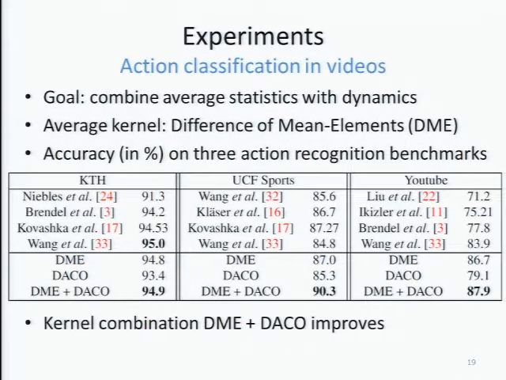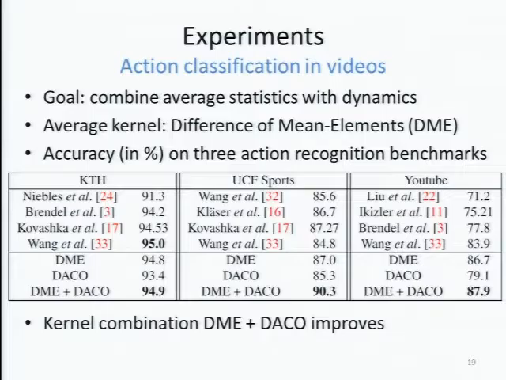So like I said at the beginning, our goal is not to make silver bullets and overcome the bag of features. It's just to complement it. So what we want to do is combine our DACO kernel, our dynamics kernel, with an averaging kernel. So we use a bag of features kernel, not exactly bag of features, called difference of mean elements. I didn't find it published anywhere before. It's just bag of features, but in the frame feature space instead of the input space. So a subtle difference, but it boosts performance a little bit. And it can be expressed also just in function of K, with the same operation.